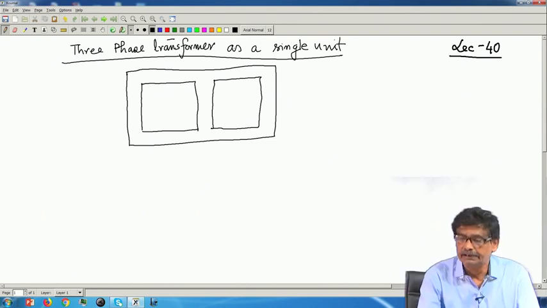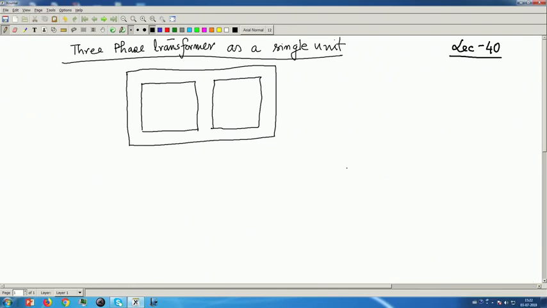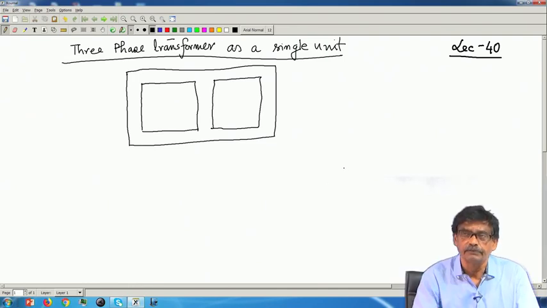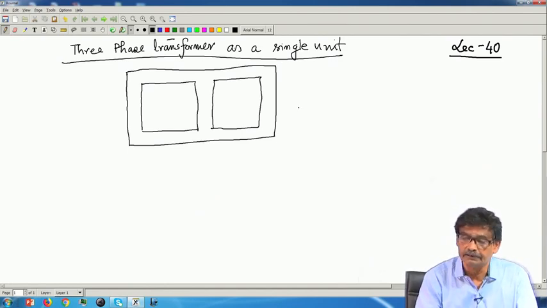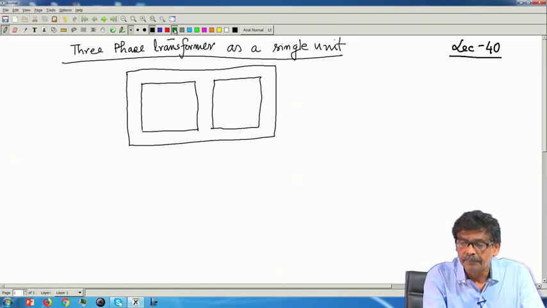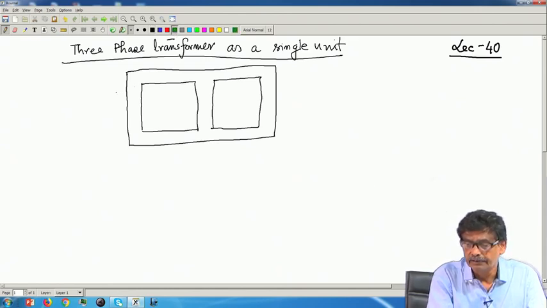So, this is the lamination in one plane, and you put several of them to get the height or the width of this transformer. That is, in 3 dimensions it will look like this, whose sectional view will be like this. So, there will be 3 limbs, and in each of the limbs you put coils of one phase,